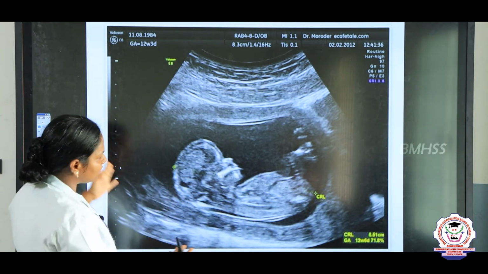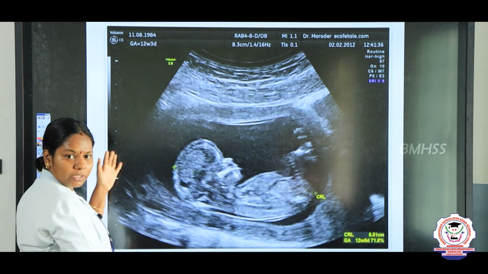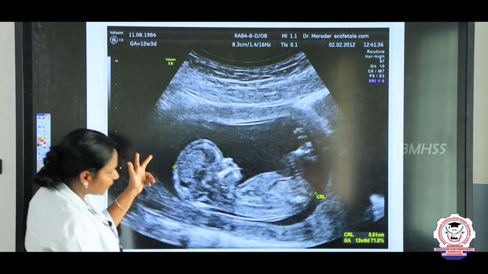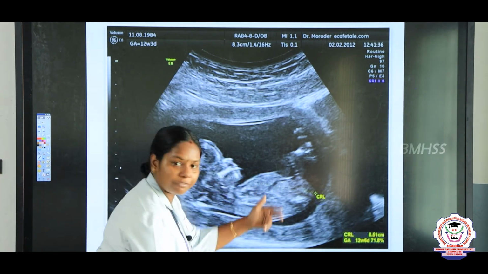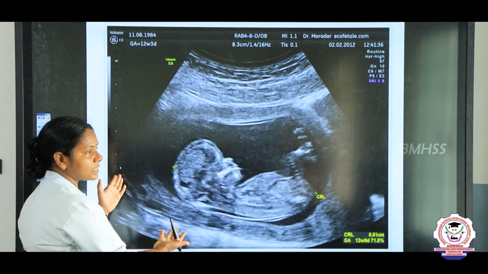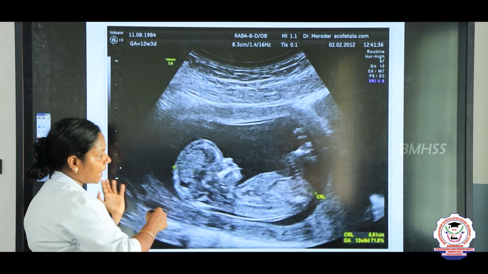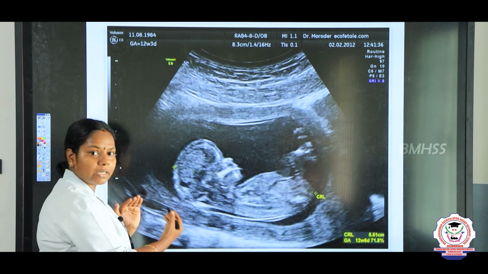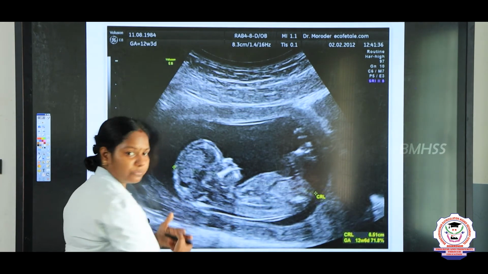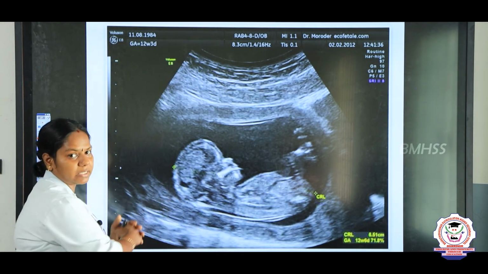the mother's uterus. See, just look into this, children. It is an ultrasound report of the fetus. Yes, you can see, right, the image of the fetus. So, by using this ultrasound, there are many types: 2D, 3D and 4D. By multi-dimensional techniques, we can determine the position of the fetus inside the mother's uterus.